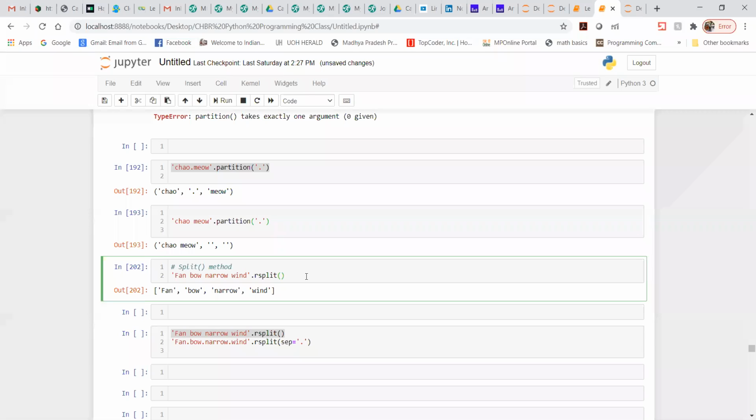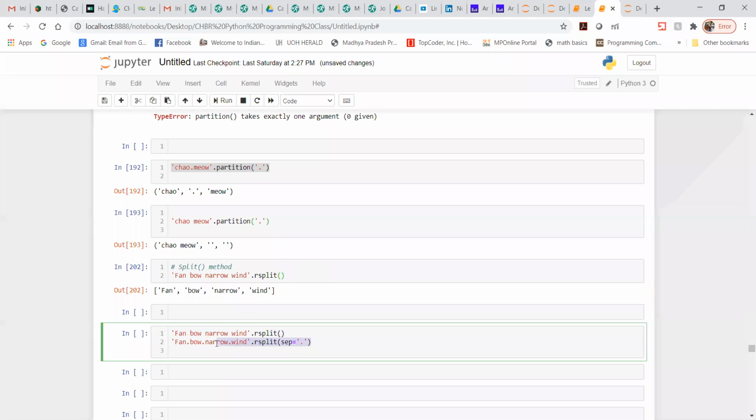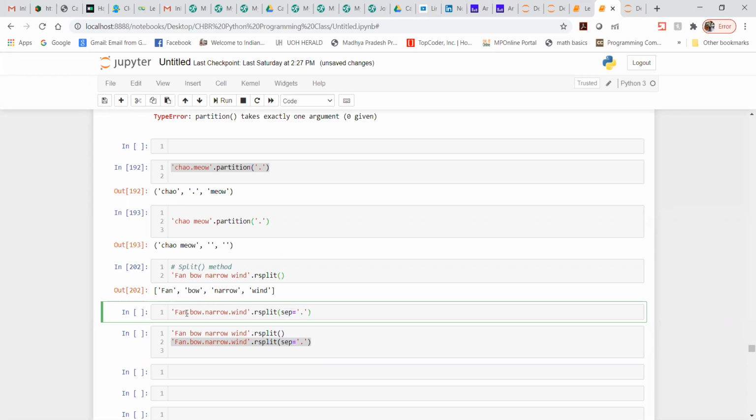Now suppose my string is quite different. Let me take my string like this. Basically each word in my string is separated by a dot. I guess everybody will be able to see that this particular word is separated with a dot, and this one is also separated with a dot.